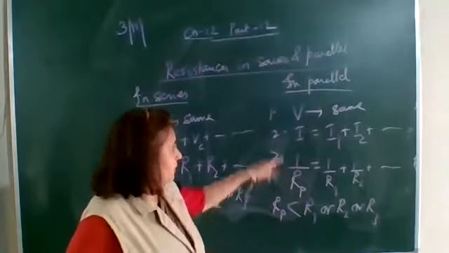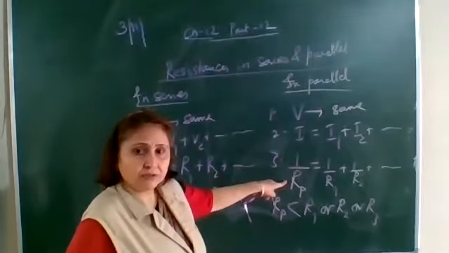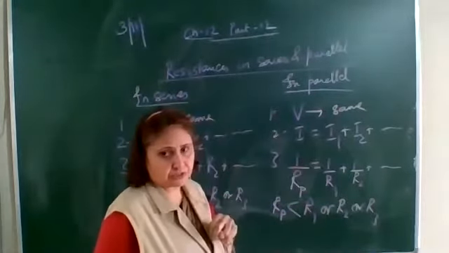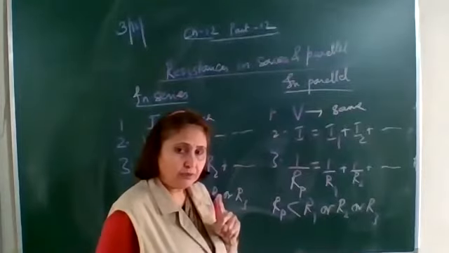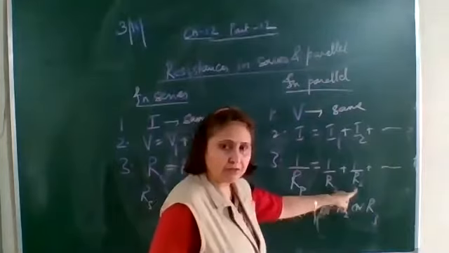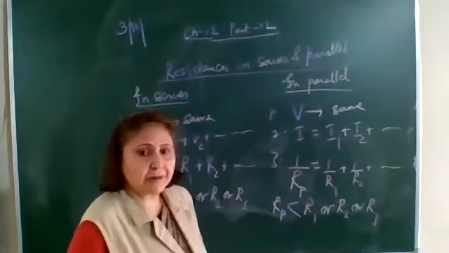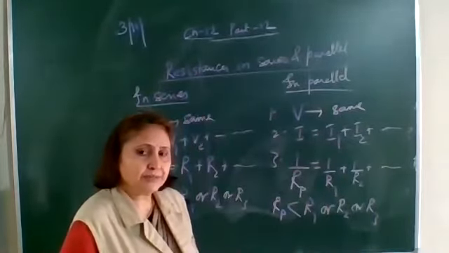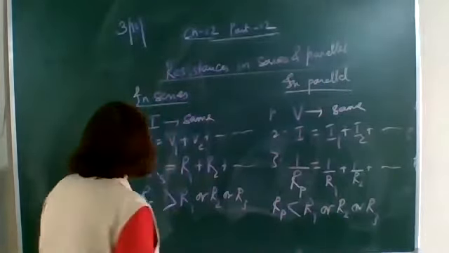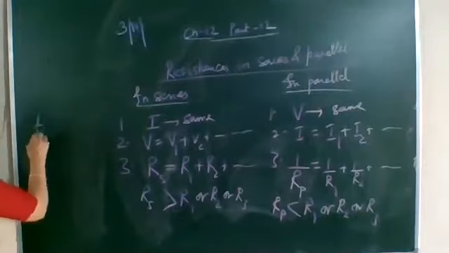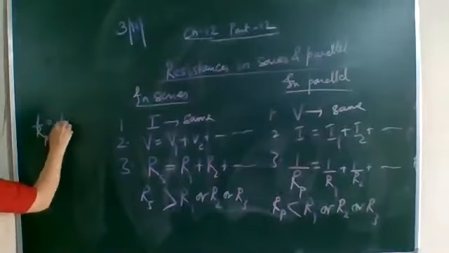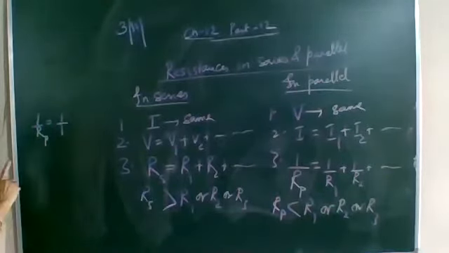Let's discuss one question orally. There are two resistors, one of 1 ohm and the other of 2 ohms. R1 is 1 ohm, R2 is 2 ohms. They are connected in parallel. What will be the equivalent resistance? So how will you calculate in this? 1 upon equivalent resistance, as they are connected in parallel, 1 upon Rp is equal to the reciprocal of the first resistance.